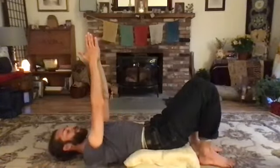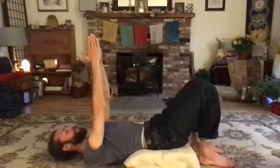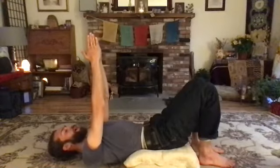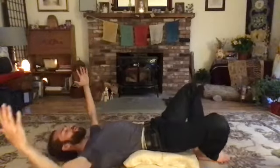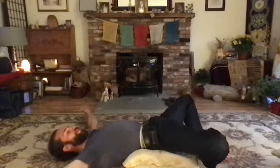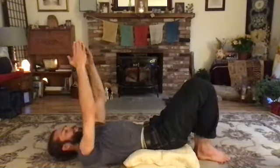Arms right over the center of the heart like the steeple of a church. We're going to take a double inhalation and double exhale through the mouth. This time we'll do it by opening knees and arms towards the floor. So double inhale to open the body like you're stretching a great big piece of taffy, and then exhale and close the body shut. So do it together, double inhale